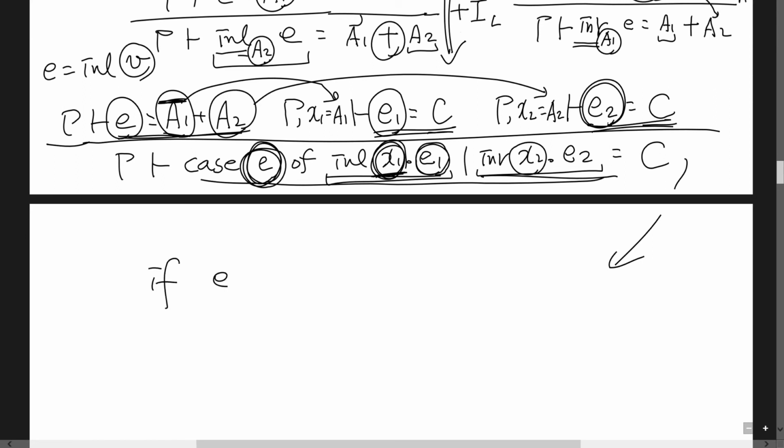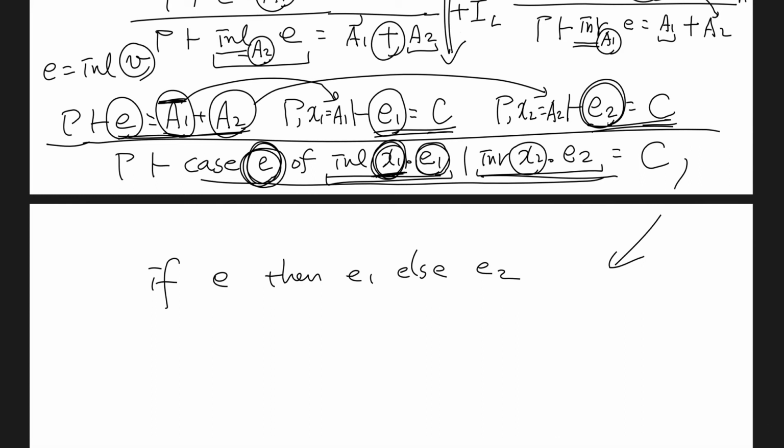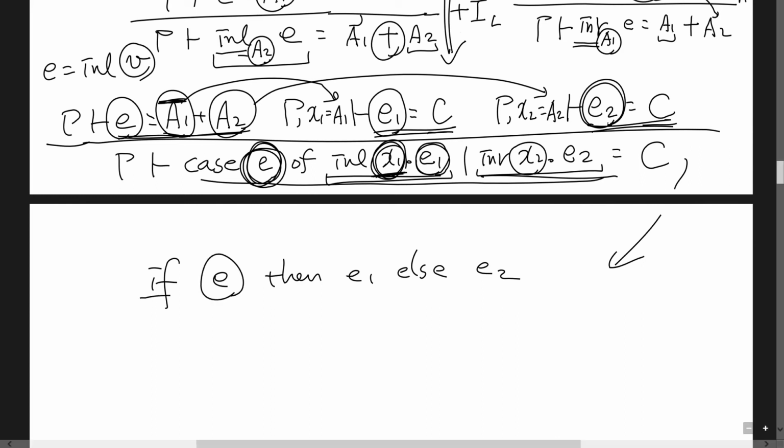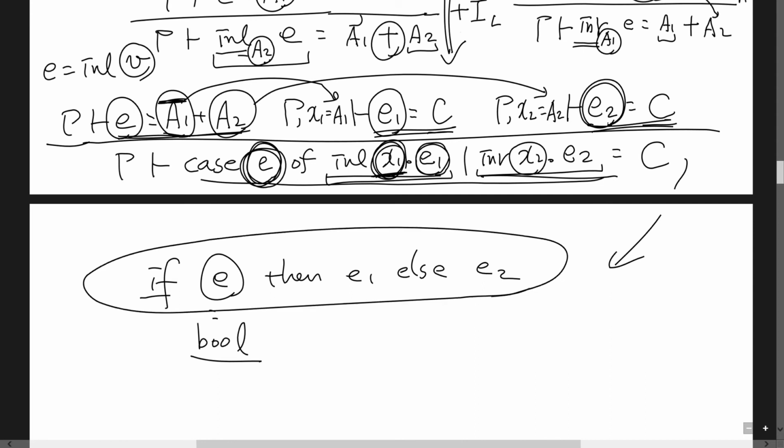this if then else expression that we looked at in the previous lecture. So of course, expression E must have type bool, and in order for the whole if then else expression to have some type C, we must show that expression E1 has a type C, and also expression E2 has a type C. Otherwise, we cannot